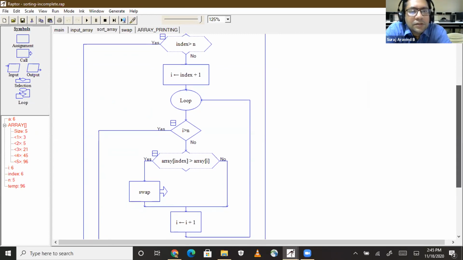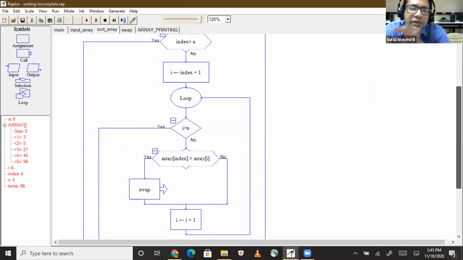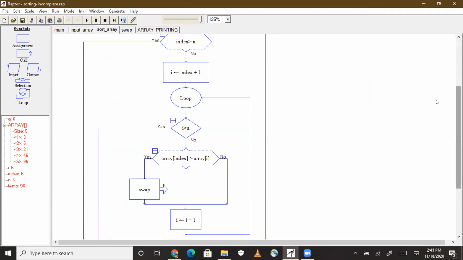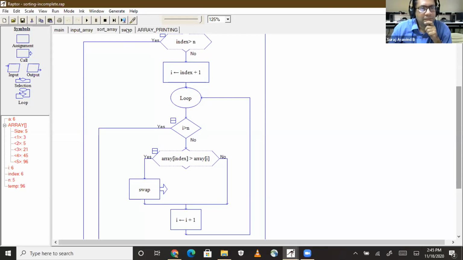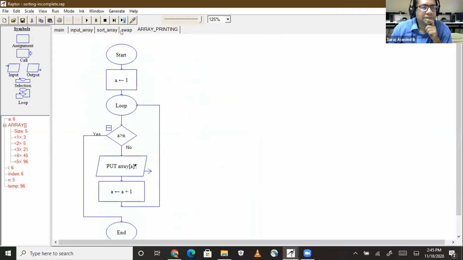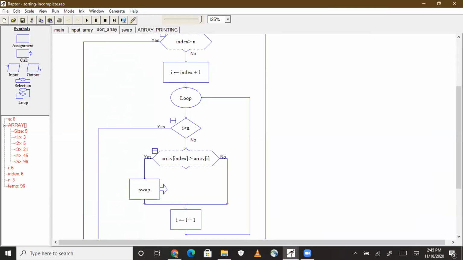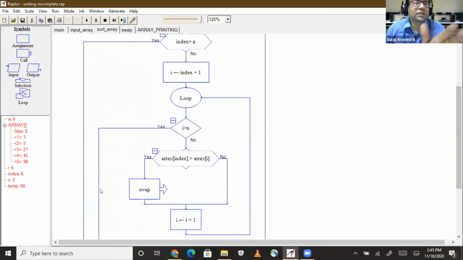Right. So did you use the logic which was explained earlier? Yes, sir. I did. I only changed the part for checking the elements, sir. Okay. Everything else is the same. I only changed the sorting method. What I did is I compared each and every element to the rest of the elements. Like 5 is compared with each and every element. Same goes for 3. Let us go step by step.